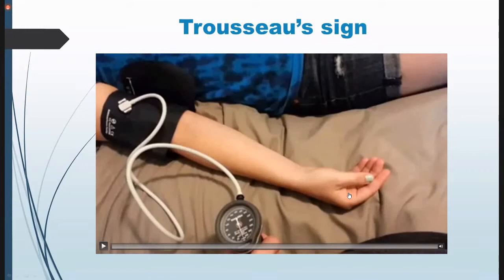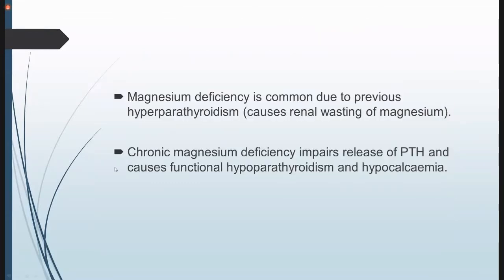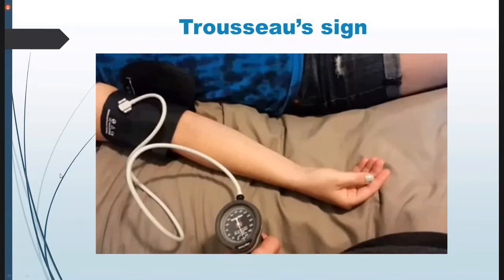So what happens is there is flexion of the metacarpophalangeal joints of the index and the middle finger, and there is also hyperextension of the metacarpophalangeal joint of the thumb. Okay, this is how carpopedal spasm actually takes place, and there is also flexion of the wrist. So these are the two important clinical signs which you can perform at the bedside in your clinical rotations if you get a chance to see a case of hypocalcemia. And these are important and can be asked in your exam and viva.